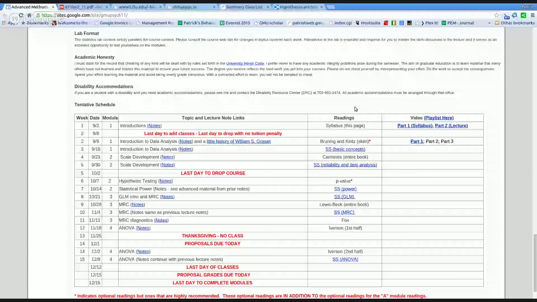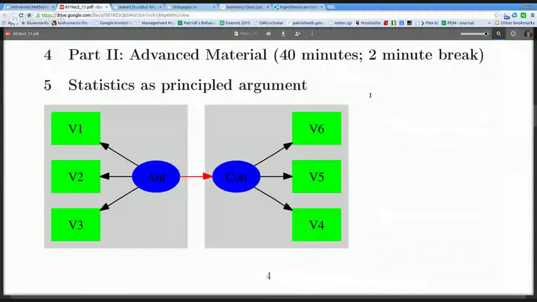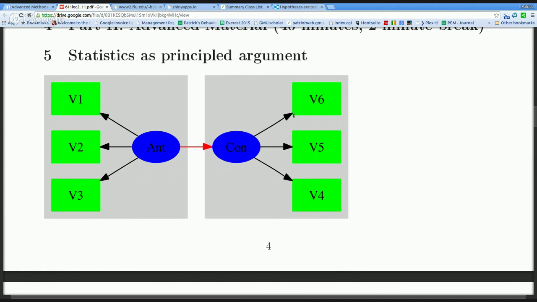And here I'm going back to the material that is presented in my tentative schedule, and then I go to the lecture notes. And the lecture notes, I begin here with part 2. This is advanced material or kind of important details that are missing. As I mentioned before, the advanced organizer is a way in which you can conceptualize measurement, but also statistical inference, causality that we try to infer. But most importantly, what it does is it gives us a common framework in which we can discuss a lot